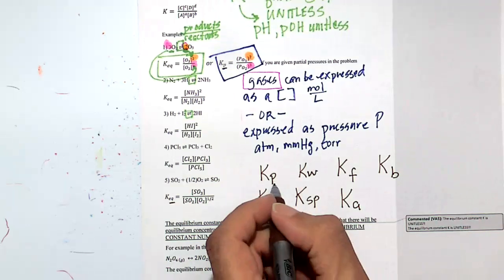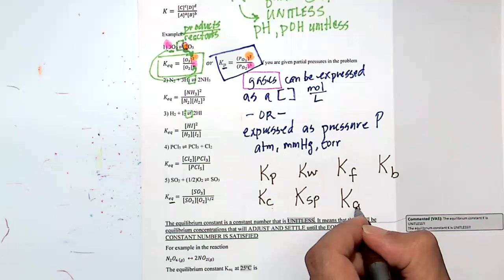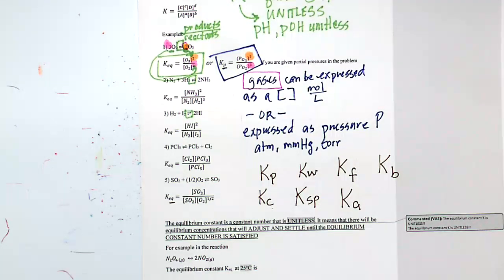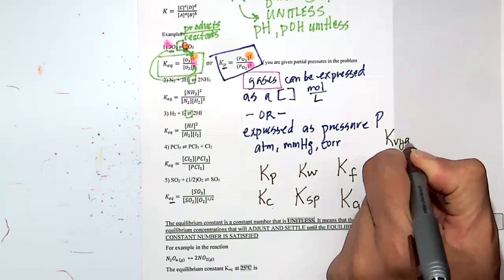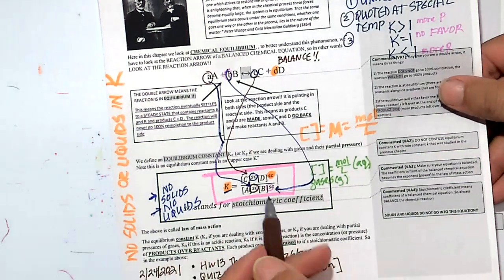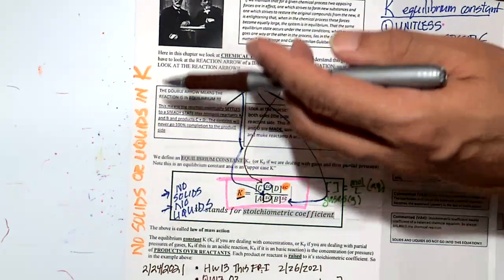The P here is for pressure. This is for concentration. This is for water. This is for acid. This is for base. This is for something else. This is for something else. So it doesn't matter about the subscript. No matter what subscript you see, you can even see my name. It doesn't matter. It's the same equation that's going to apply, and the same rules, no solids or liquids